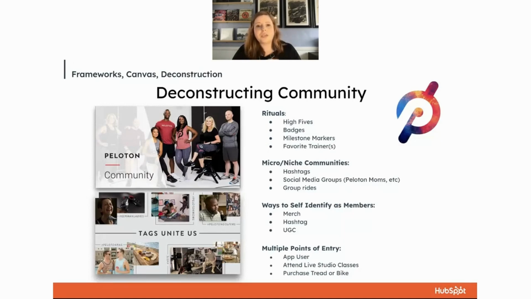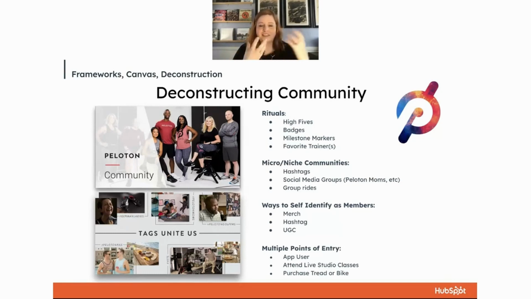So those rituals would be that you have the opportunity to get badges based on what kind of rides you're doing. You can high five others to really reinforce that connection. When you are doing your 100th ride, you want to make sure that you're doing it on a live ride. So they will call you out and give you kudos and cheer and celebrate you and have everyone high five you and give you a lot of love. Most people have a favorite trainer or trainers,